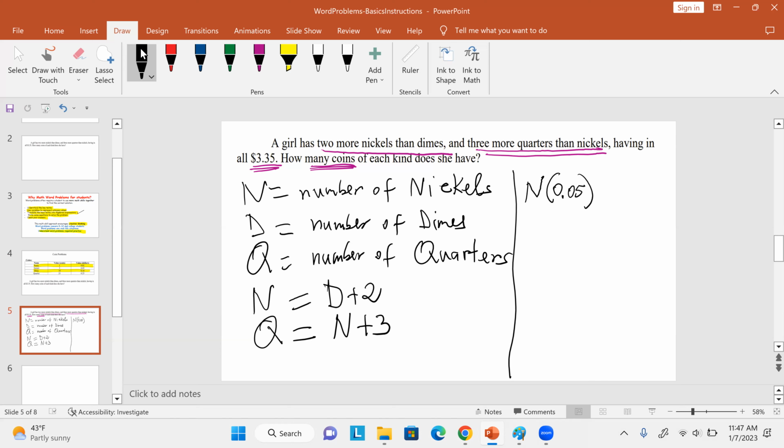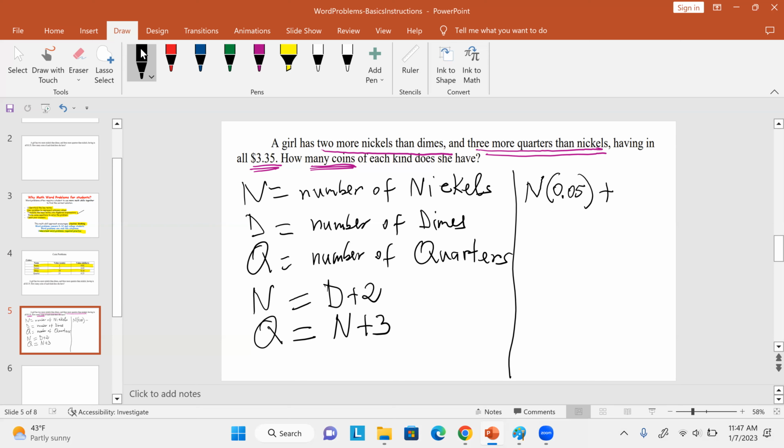If it's one nickel, it's 1 multiplied by 0.05, which is $0.05. If n is 2, you're going to have 2 times 0.05 dollars. If n is 3, it's going to be 3 times that. So the value in dollars of the number of nickels is n multiplied by 0.05